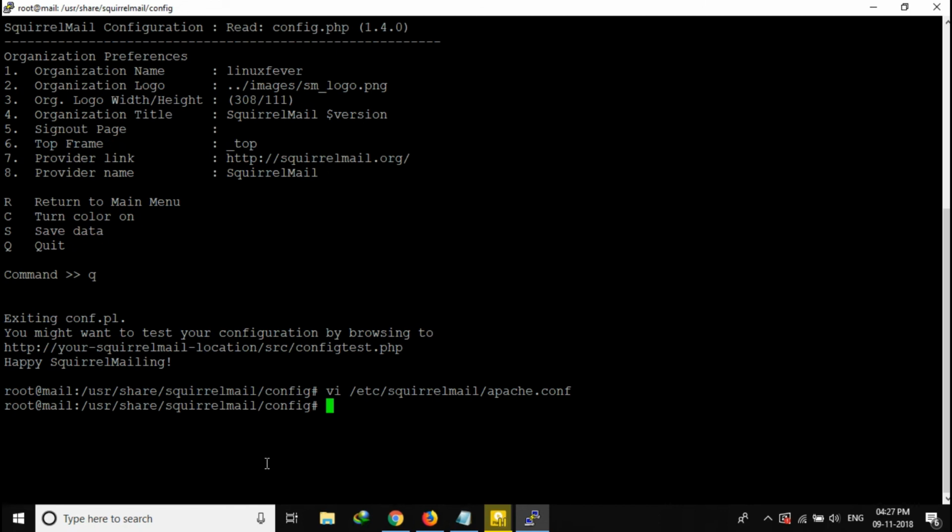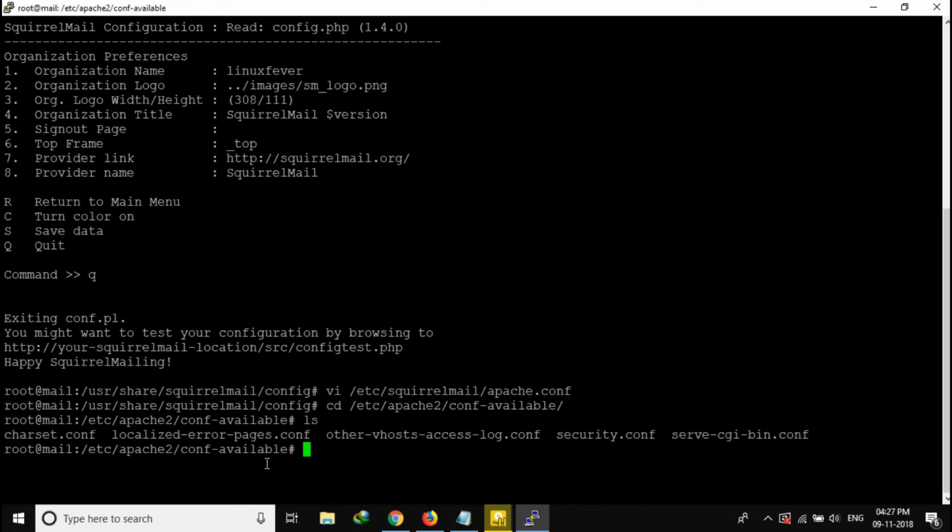So we will just head over to /etc/apache2/conf-available. Okay, we'll head over to this, and you can see here you have to create one settings file for the Apache, right? So we'll create just a soft link for that. ln -s /etc